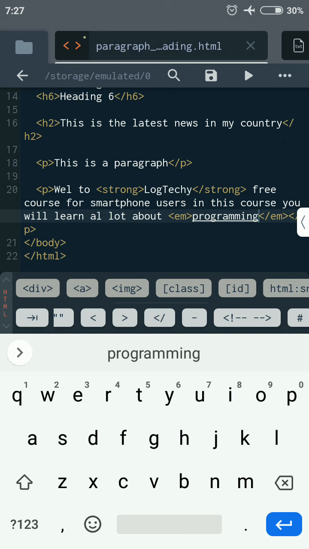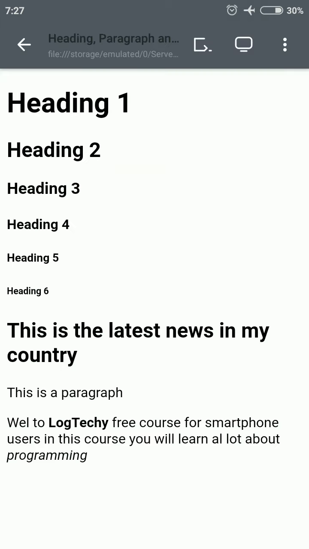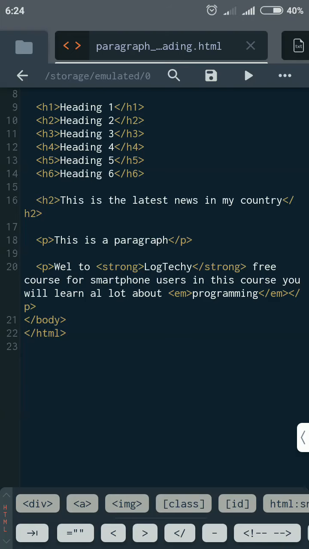All right, once you have that done, let's check it out and see how it goes. You can see that the programming is now in italics form. So far so good. We have tried to look at the heading tags in HTML, and we'll also try to look at the paragraph tags in HTML, and we'll try to look at some topography in HTML. All right, in the same way,